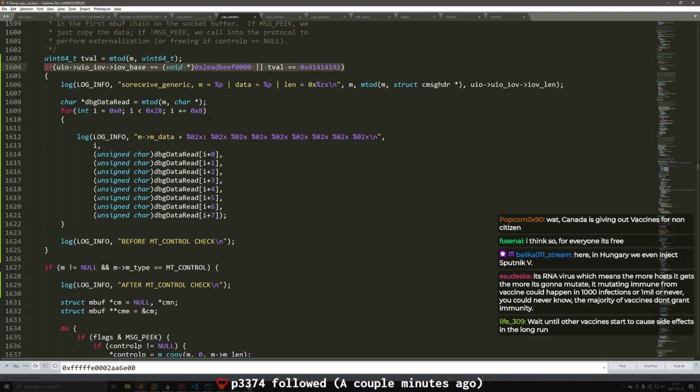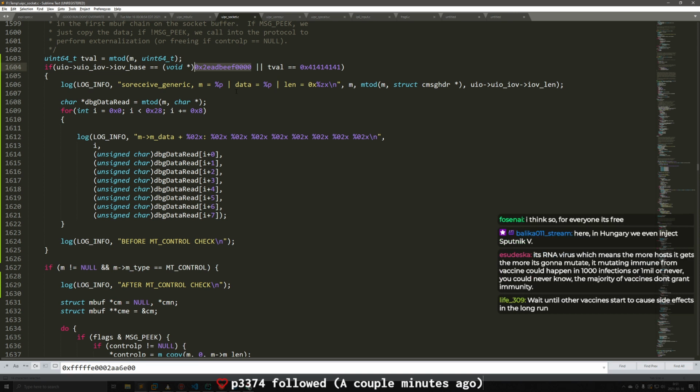Basically, for passing the messages for receiving, I pass a pointer in the IOV, or the IOVEC, to an address that I allocate. This is actually the same address that SirsGovy allocates. I took it because I knew it worked. But basically, I just use it as a tag so I can check if the IOV base is equal to that, then I know it's the packet that I'm looking for. That way I don't print on every single packet, because that severely slows down performance. So that's what's happening there.